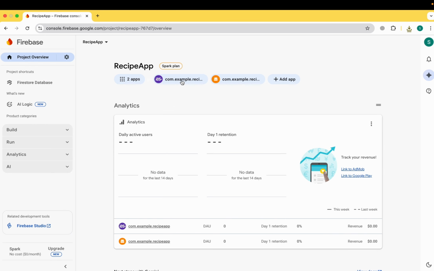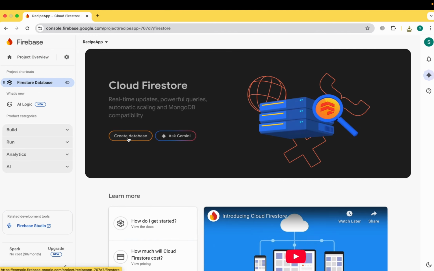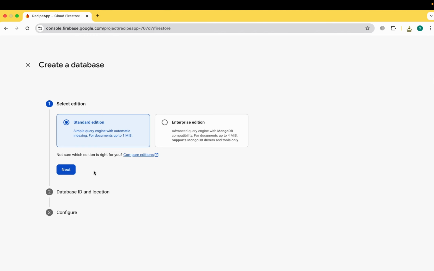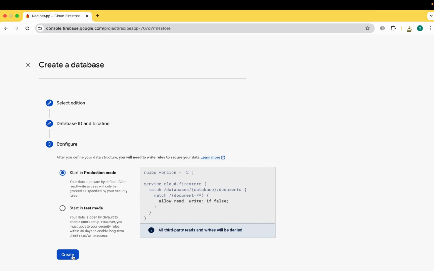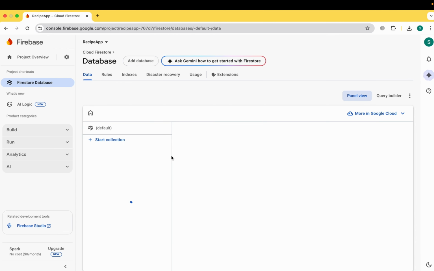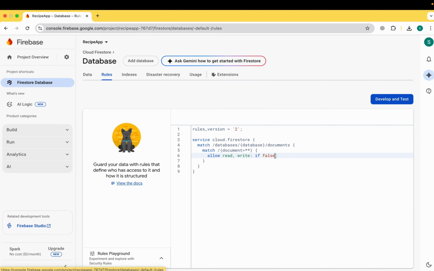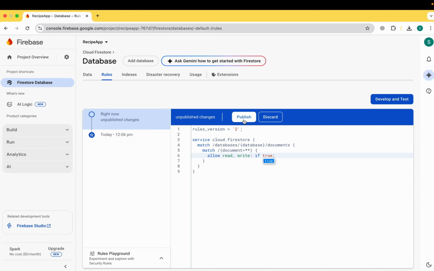So here you can see that I've just connected the iOS and the Android app. Now we'll move to the Firestore database, and as I've told you, we are going to change some of the security rules. So here we'll just click on next, and click on create. So you can see that Cloud Firestore will take some time to set up some security rules, and you will need to change some of the rules from here, right? So here we just need to move to the rules section, and in the rules section just make sure that you change the rules from false to true. Okay, something like this. Click on publish,